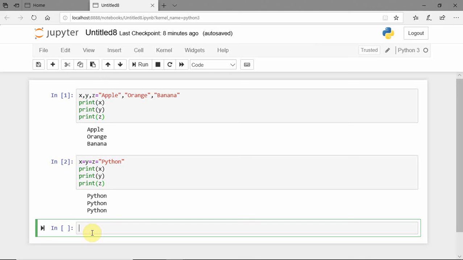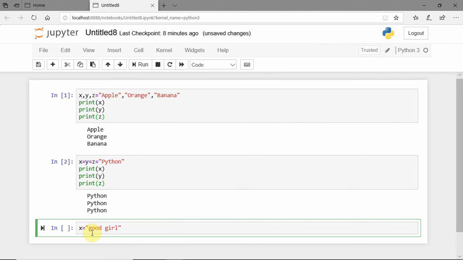Suppose you want to combine both text and a variable in Python. Is it possible? Can I combine both the text and a variable in Python? Yes, by using one character, that is the plus character. Let me take x = good girl.